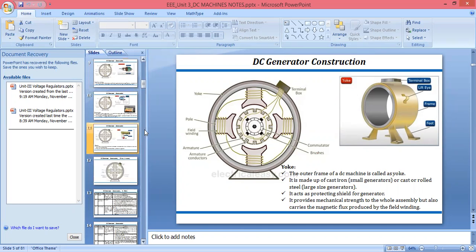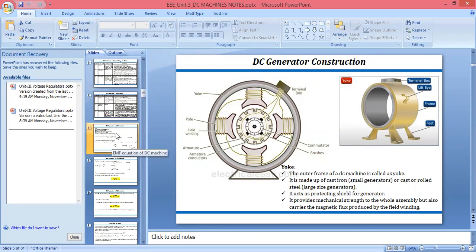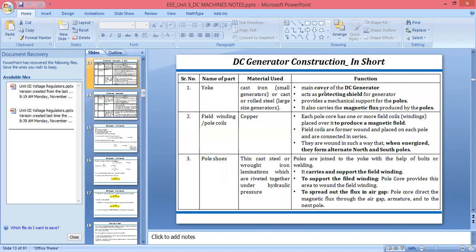Then we have studied about the EMF equations. These are nothing but short descriptions for the DC motor and DC generator. I will provide these